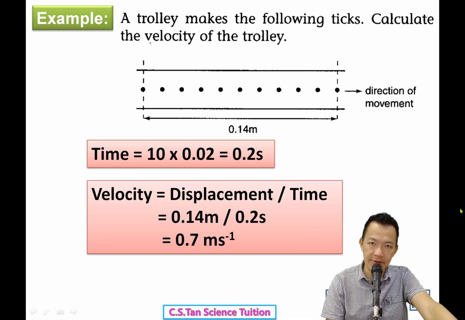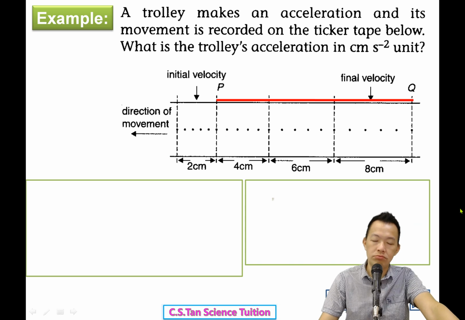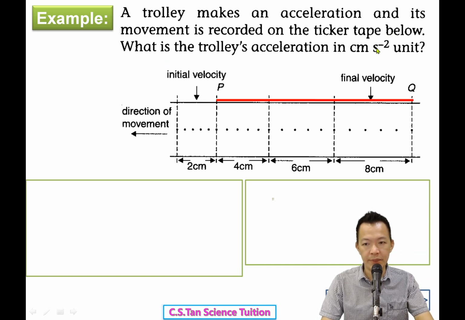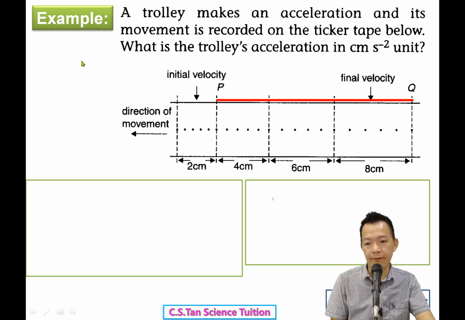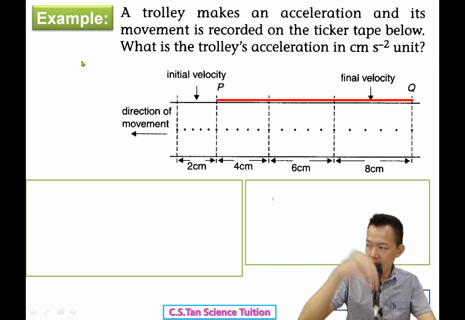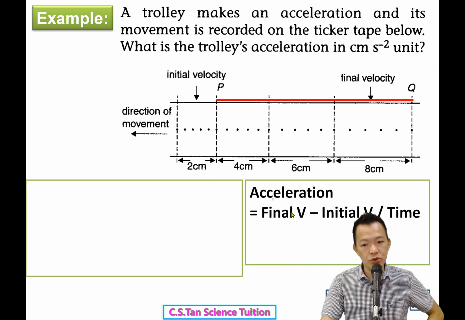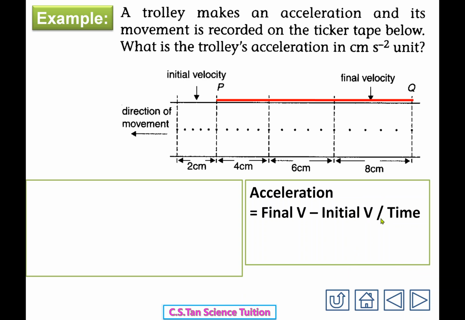Okay. Second question is good question. 好问题。Wow. 吓到我了。A trolley make an acceleration, 它加速, and its movement is recorded on the ticker tape below. 它的动作呢被记录起来。What is a trolley acceleration in cm per second per second? Okay, so still remember the formula for acceleration, 加速的 formula. Acceleration is equal to final velocity minus initial velocity, 也叫 change in the velocity 啦, over the time 除时间. So how much is our final velocity, initial velocity, and how much is the time? You have to find it out. 你一定要把它找出来先嘛。